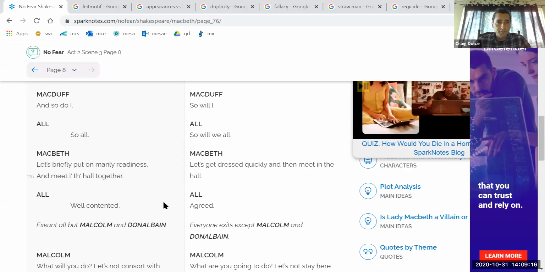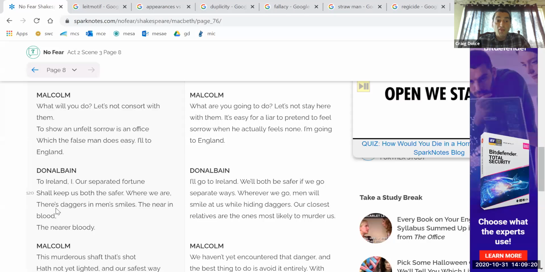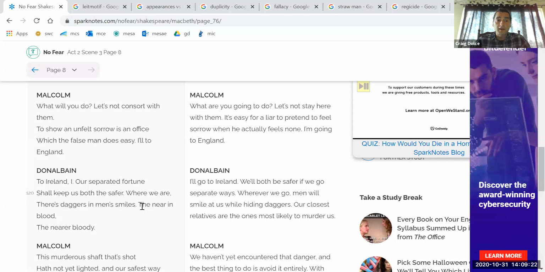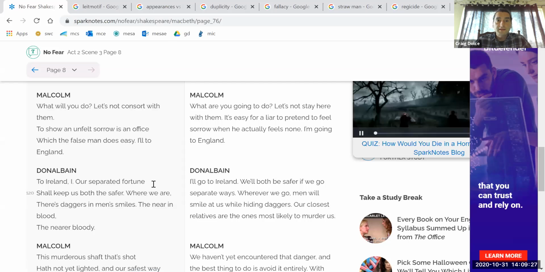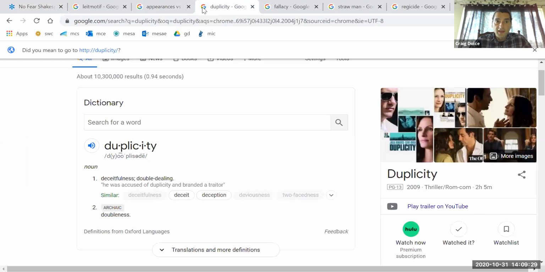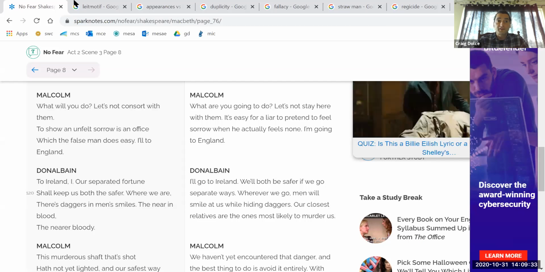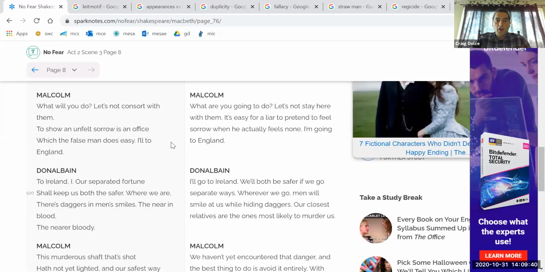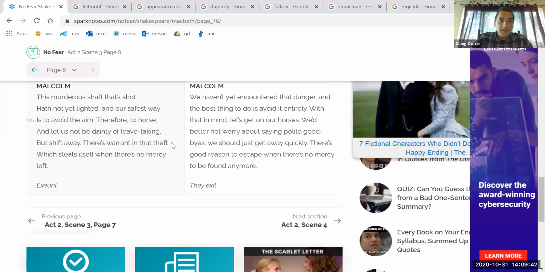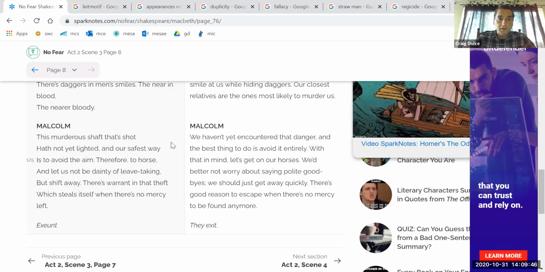Interesting choice of words. Now Malcolm and Donalbain stick around, and they realize there's daggers in men's smiles. The near in blood, the nearer bloody. They recognize the duplicity, and they realize that they cannot trust anyone, because what's fair is foul and foul is fair. That recurring theme that appearances are not like the realities. So they decide to logically split up, and one's going to go to Ireland and one's going to go to